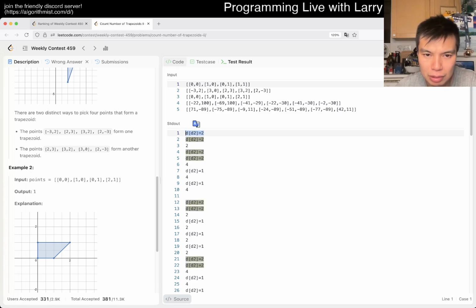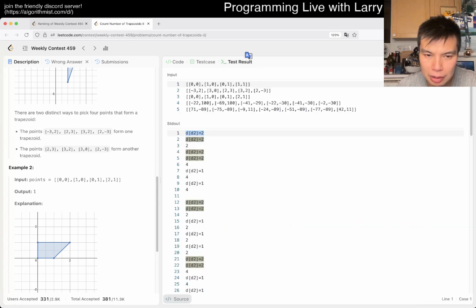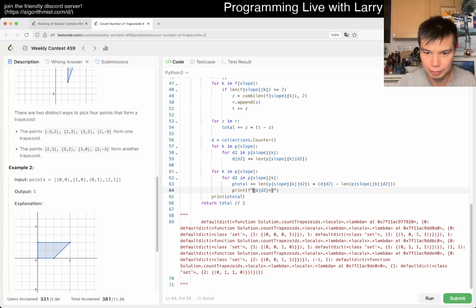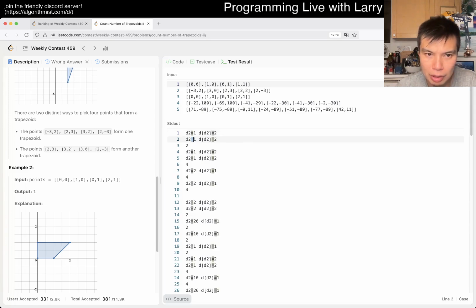So 2 minus 1. So this is going to be 2 minus 1, maybe. So it's going to be 1 and then increments twice. So that's why it's 2, and this is 2 again. What is d2? The distance is 1, okay, but